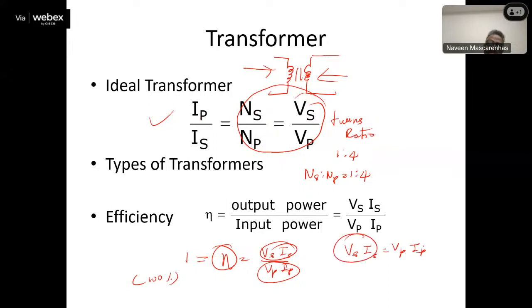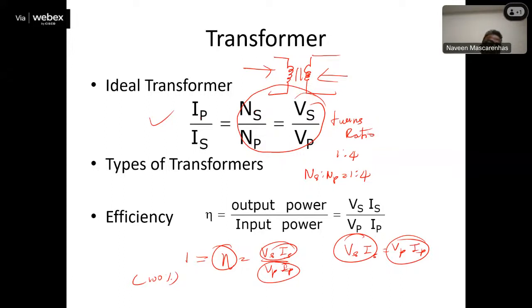That means when the output power is equal to the input power, and that can happen only when there are no losses. But then, you all know in a transformer there are four types of losses: losses due to the resistance of the winding, the losses due to the way in which the two wires are wound, flux leakage, therefore, the eddy current loss because of the transformer core,